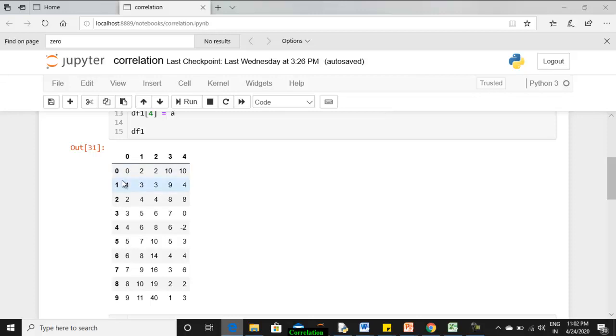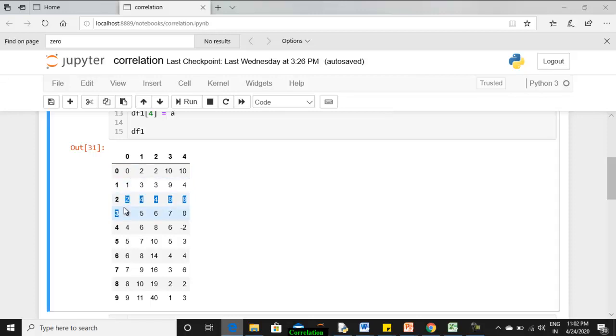Here in attribute 0 there is always the same increase of 1, whereas in column 2, between these two the increase is 1, between these two the increase is 1, between these two it is 2, and then 2, 4, and it goes on. Even though there is an increase, it's not consistent. So there exists a positive correlation, but not a perfect positive correlation.